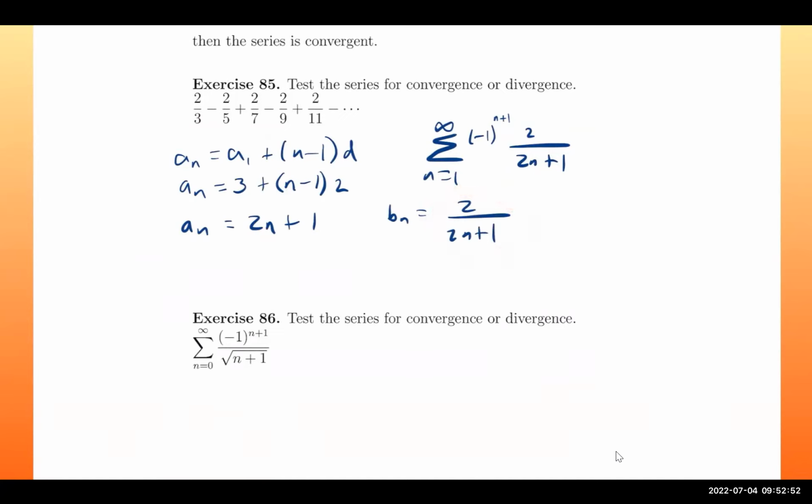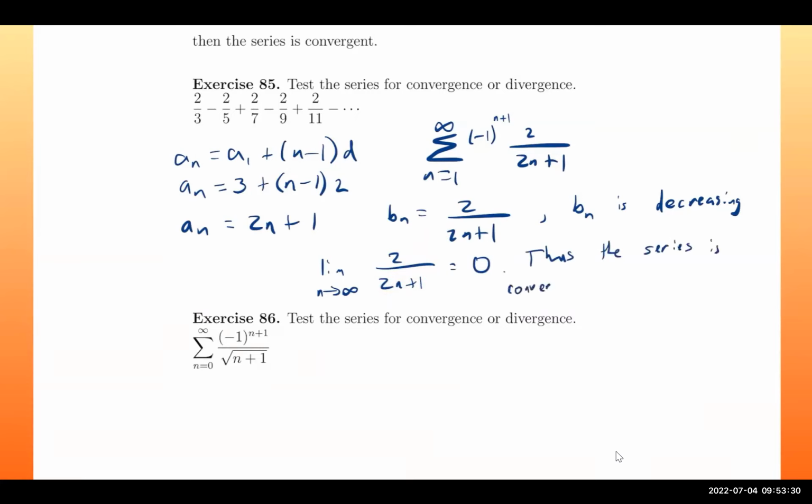This is clearly decreasing, so we can say that b sub n is decreasing because as n increases, b sub n gets smaller and smaller each time as n gets larger. And now we just need to show that the limit as n approaches infinity of b sub n, well, as n gets larger and larger, the denominator is going to go to infinity, which means the whole fraction is going to approach 0. Thus, the series is convergent